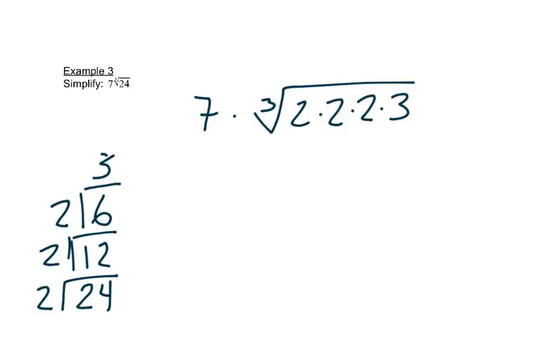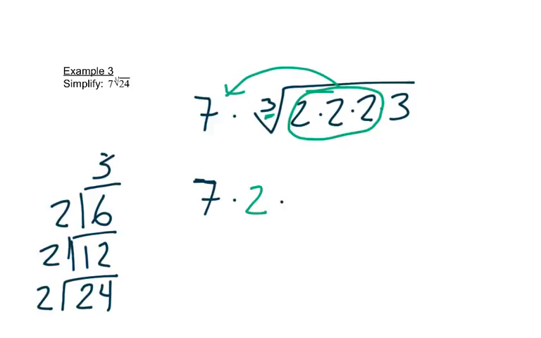Now remember that this 3 tells me that I'm looking for groups of 3. And here's a group of 3, so that's going to come outside. That will leave me with 7 times 2 times, this 3 doesn't have a group of 3, so it's just stuck inside